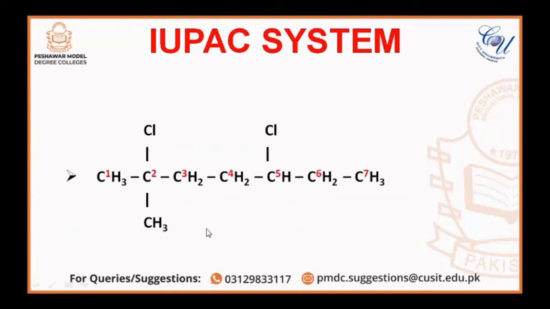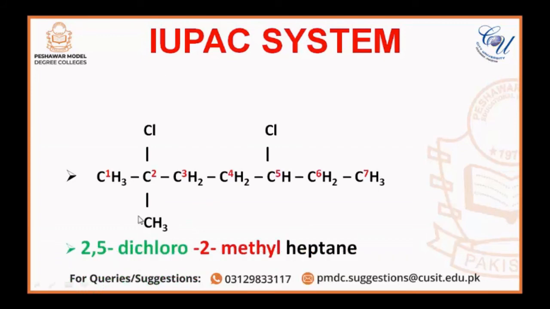These are the substituents. So first we will write the substituents and indicate their positions, but substituents will be written in alphabetical order. So first we will write chlorine. The chlorines are 2, so we will write the positions 2,5-dichloro. 2 and 5 represent that we have 2 carbons holding the 2 chlorine atoms: one is carbon 2, one is carbon 5. Then we will write 2-methyl, and then hept. Hept represents that the carbon chain is 7 and there are single covalent bonds. So the name becomes 2,5-dichloro-2-methylheptane.